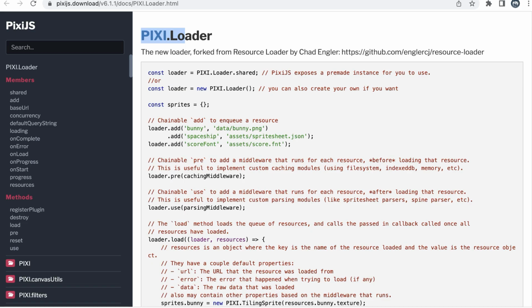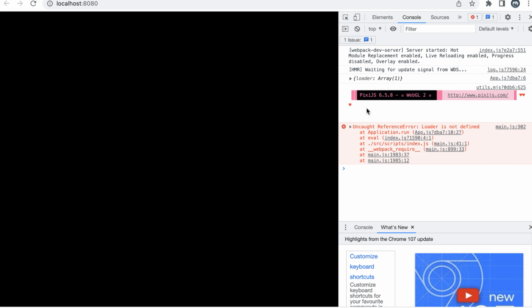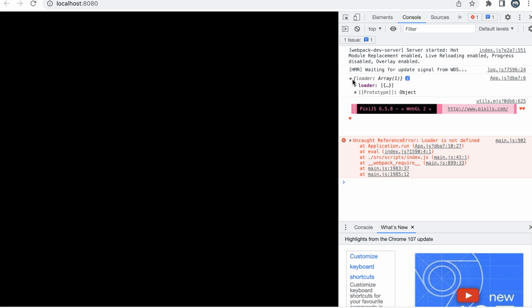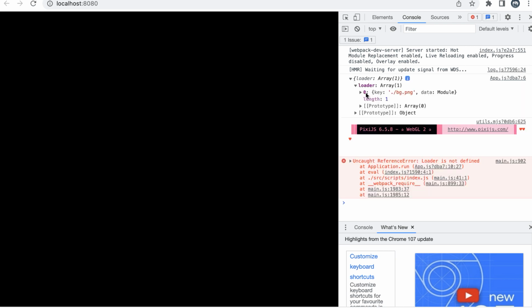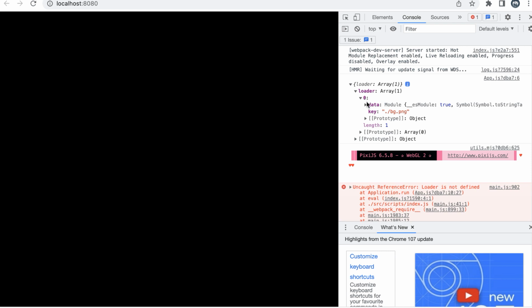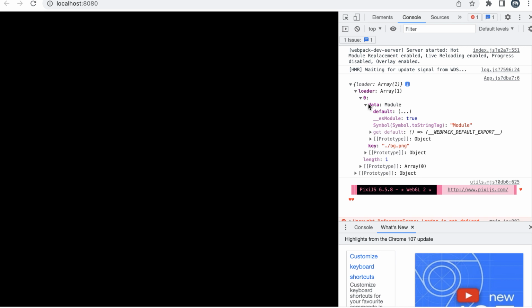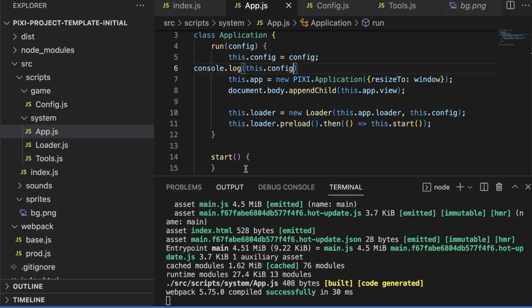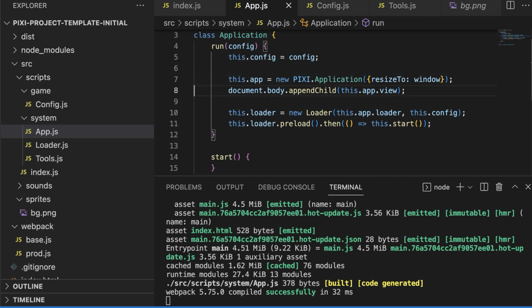So here we see the config loader that contains some array of files we need to load, and this is an array of objects, and every object in that array has a key property, which stands for the path of the file with its file name, and the data of the file, which is a webpack module. So that's what we need, and